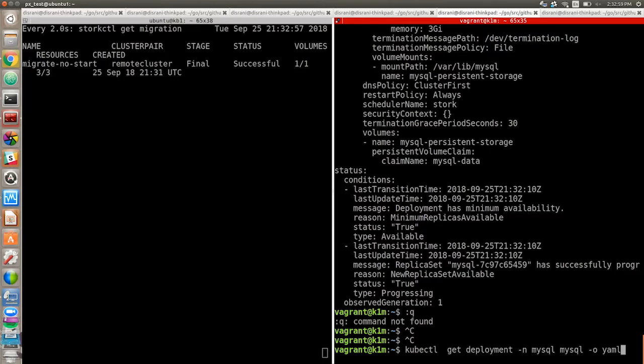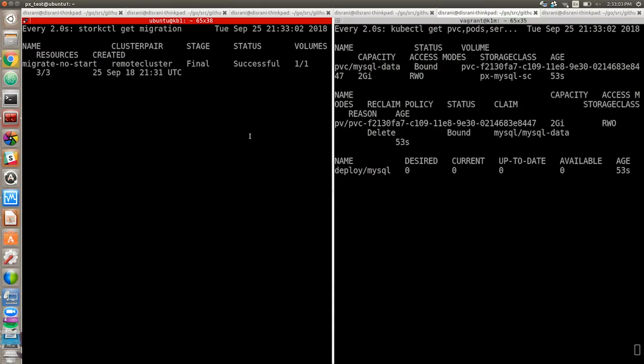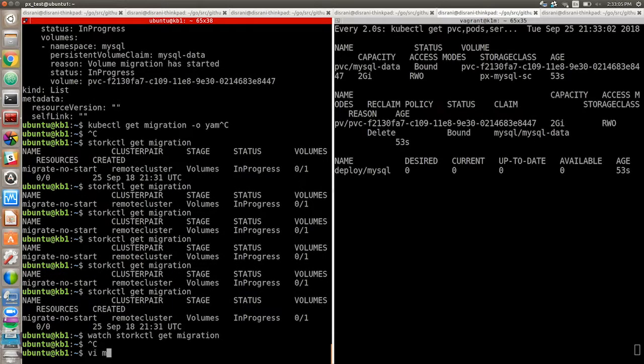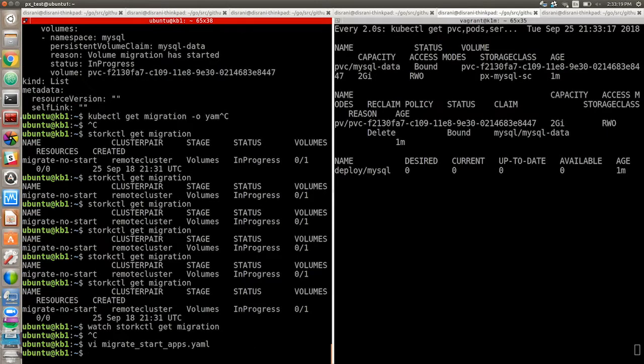But what if you wanted to actually start them up again? So now I'm just going to use a similar spec, and I'm going to say I again want to do the migration, and I also want to start up the applications this time. So one thing to note over here is that